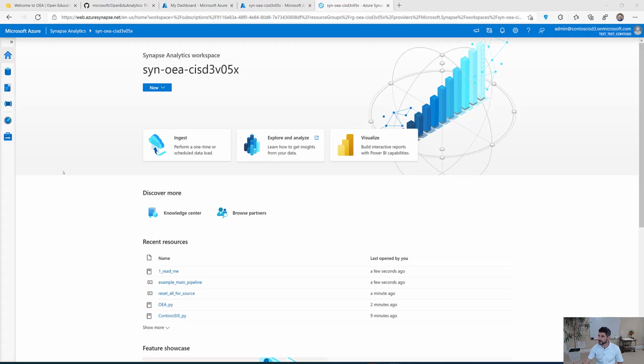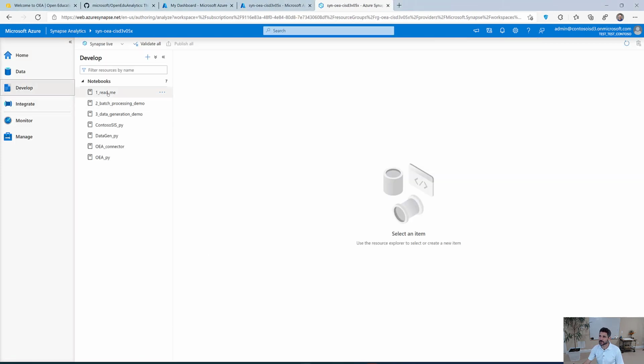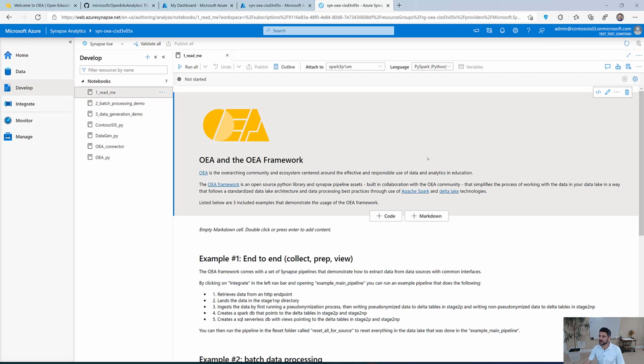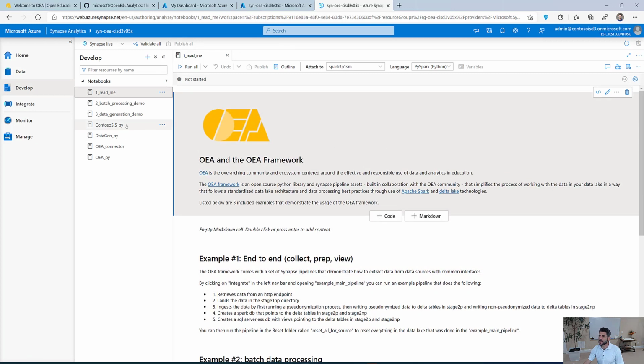Okay, so here's the workspace that the setup script has provisioned, and let's take a quick tour of the resources that are available now. The best place to start is here on the develop area, and there's a README notebook. This README just gives you a quick overview of the different examples that you can walk through. And then there are other assets. These are the examples listed